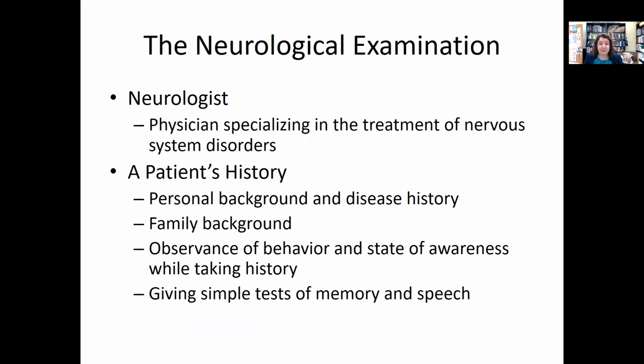So one thing I just wanted to touch base on is the difference between a neurologist and a neuropsychologist. A neurologist is someone who gets an MD, a medical degree, goes to med school, 4 years, same as everybody else, and then their residency after they get their MD would focus in on neurology. Whereas a neuropsychologist is going to go to a PhD program, typically in clinical psychology, that has a specialization in neuropsychology, usually 6 years there, including an APA approved, accredited internship. And then they might do a postdoctoral study